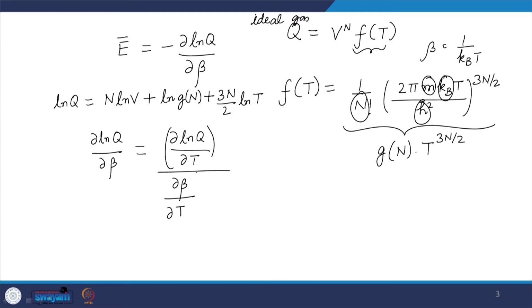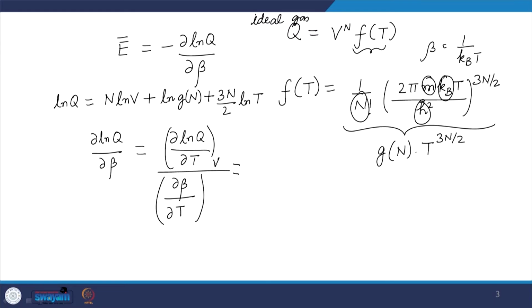So, now if I compute ∂ln q/∂T, what essentially I will get is the first term will not contribute, because now I am taking partial derivative with respect to temperature. So, the volume is held constant here. And the second term also will not contribute, because n is also held constant. So, essentially you will have only the third term contributing, and that will give me 3n/2T, and ∂β/∂T is,